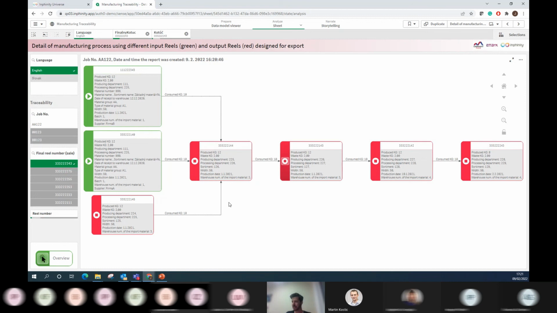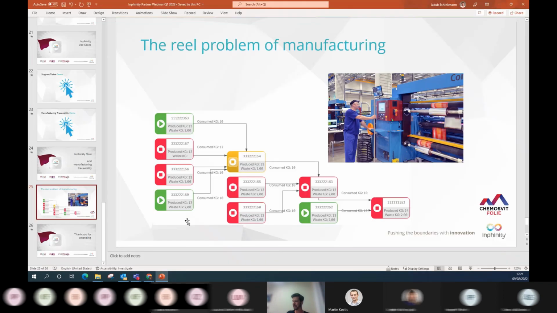And this is just a nice example, a nice success story of ours, and that's what I wanted to show you. And please, if you have any customers from manufacturing in your CRM, just call them tomorrow and show them this application, because I think it's pretty powerful for them. So this is about this application.